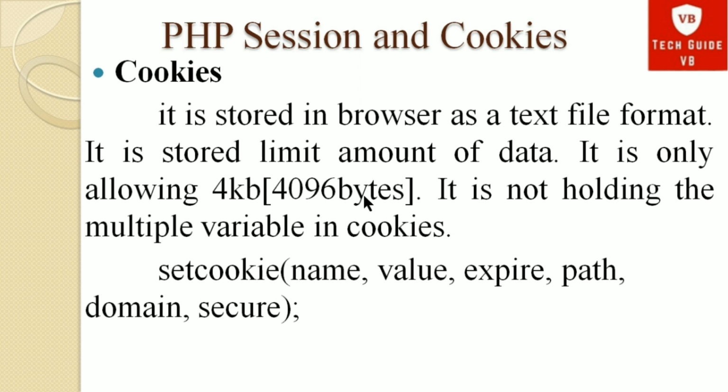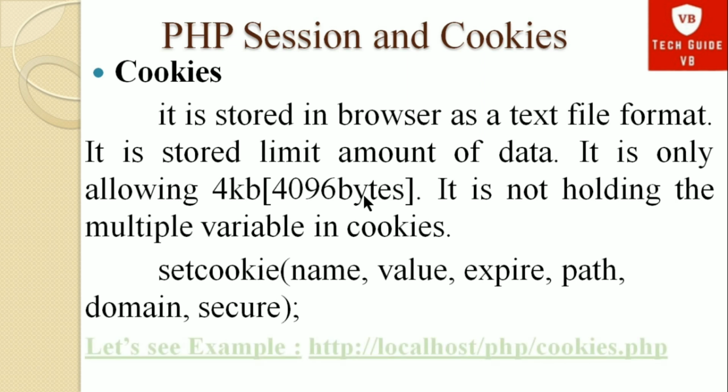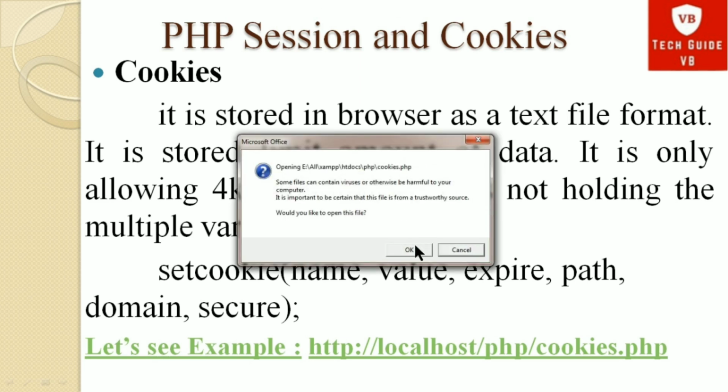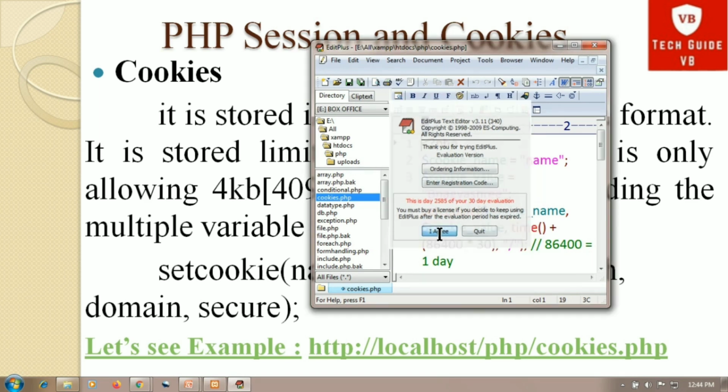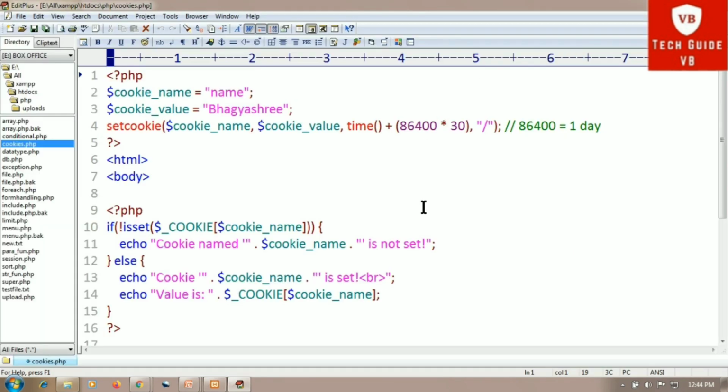The slash means that the cookie is available in the entire website. Otherwise, select the directory you prefer. We then retrieve the value of the cookie user. We also use the isset function to find out if the cookie is set. So, we will see the cookie with the code here, and after that we will run the program. First we will see the code, what exactly a cookie is.